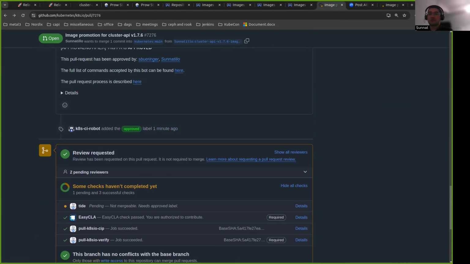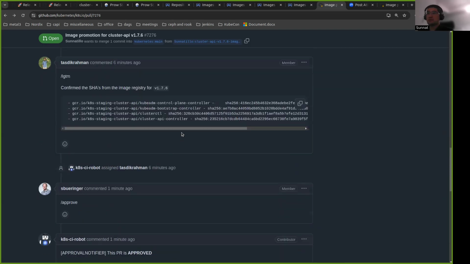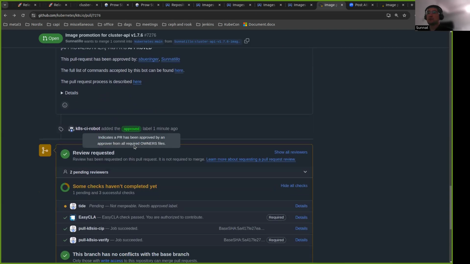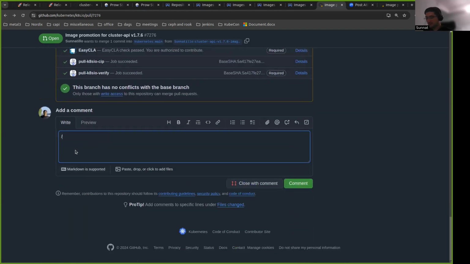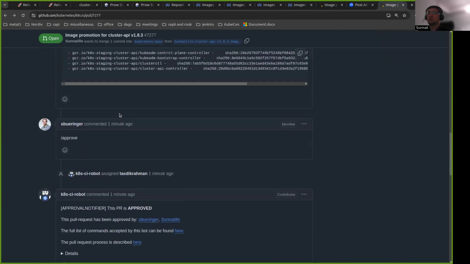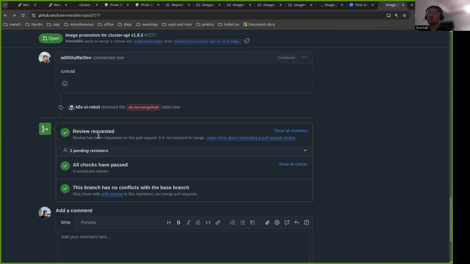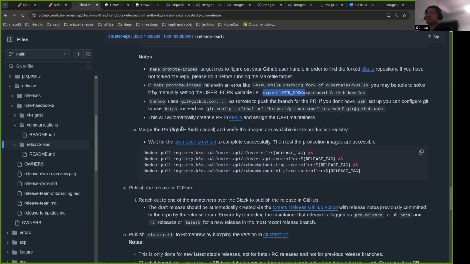On the slide, Stefan replied that he approved both of them. And as we check the SHAs, now I will go ahead and unhold both PRs and let them merge. So if we go back and see what's gonna happen now. When the PRs get merged,